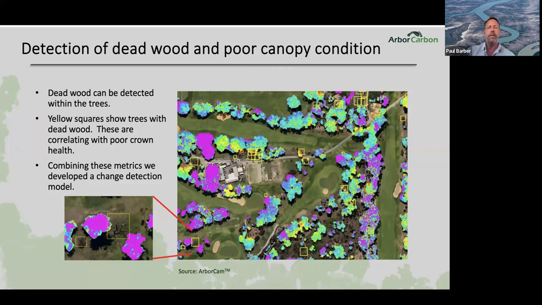And from that, we can start to benchmark the health of the trees. We can also do things like detect where there might be dead wood. So for example, what you're seeing there, the yellow boxes, it's a model that we've trained on our data to identify where either all the dead wood is throughout that area, or where the trees are deciduous. And this may be of interest, for example, if you're looking for a host for a particular pest or pathogen. So for example, something like Acer negundo in polyphagous shothole borer.